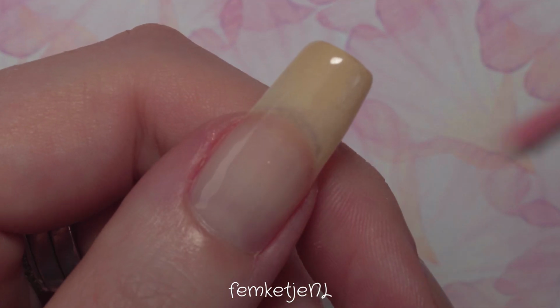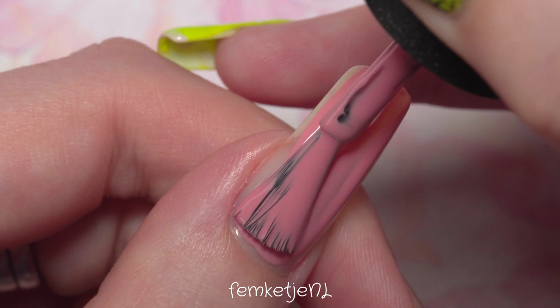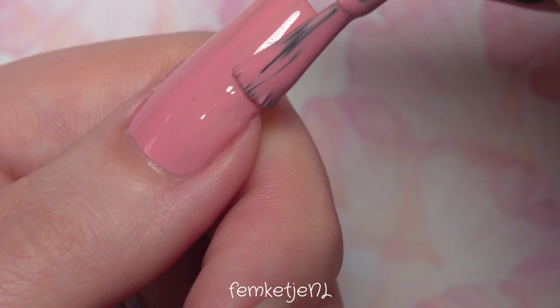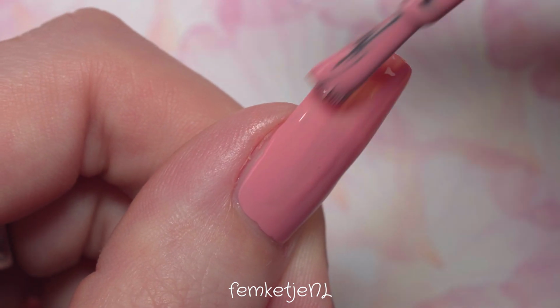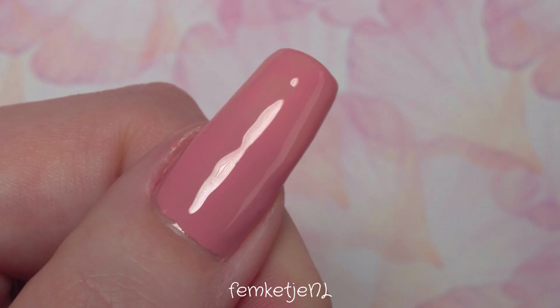But yeah, you will definitely see it in the swatch. This one is just a lovely muted dusty rose pink. Let's just put it to that. Once again, the first coat is actually not disappointing at all, and I'm not even applying a ton of polish